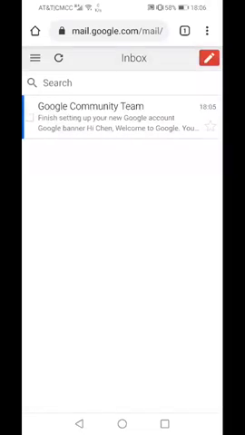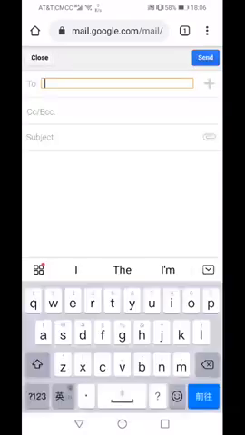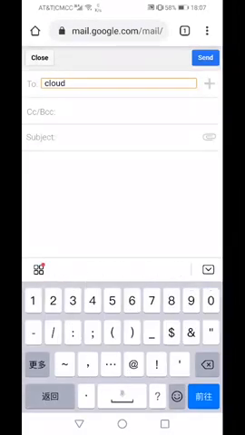And just pay attention to the red button with the pen symbol. That's the button that will let you create your own mail. You can find the red button on the upper right side of the homepage, and look at the first blank. In this blank, you need to put the email address of the recipient. For example, I can put one of my other email addresses, LOUD